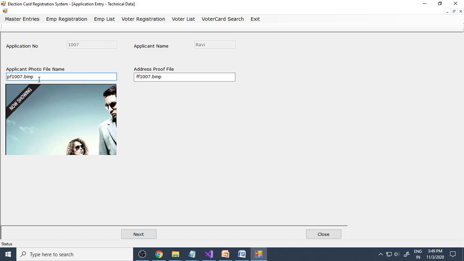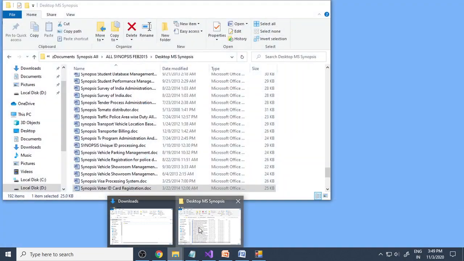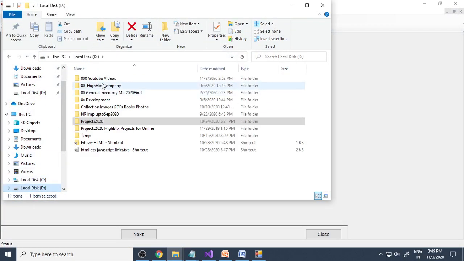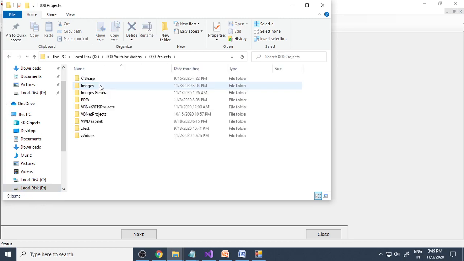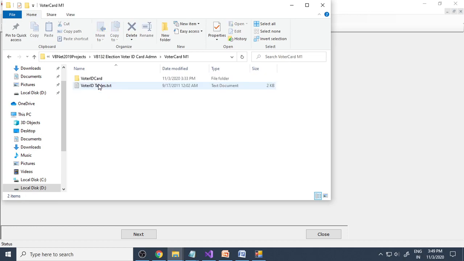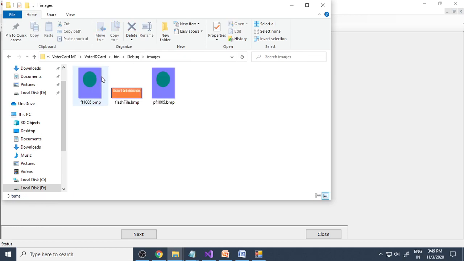Next, you are supposed to keep the picture already in a folder, so that picture has to come over here. There is a folder here. I just go to this folder, projects, then the debug folder, images.